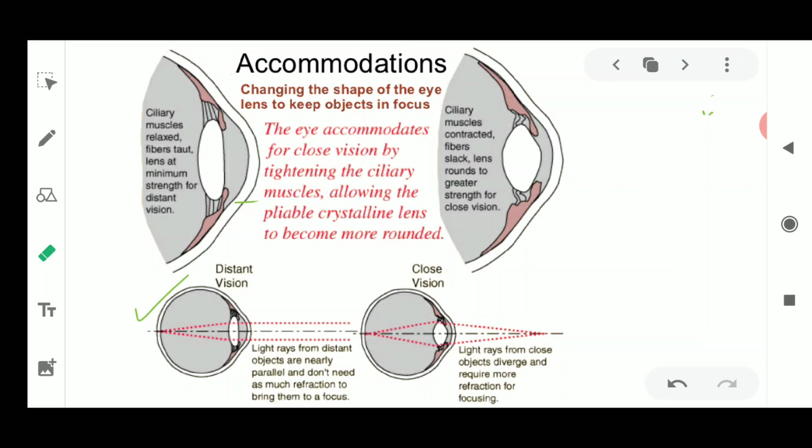Now this was all about accommodation, which means the shape of the lens is always changing, because we need to accommodate the eye for seeing objects placed very close or at a very great distance. So the near point is 25 centimeters, the least distance is also 25 centimeters, and the far point is always infinity. So this was all about the accommodation taking place in your eye by the change of the focal length of the lens because of the stretching and relaxation of the ciliary muscles which hold your eye lens.